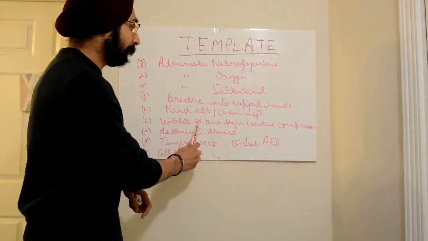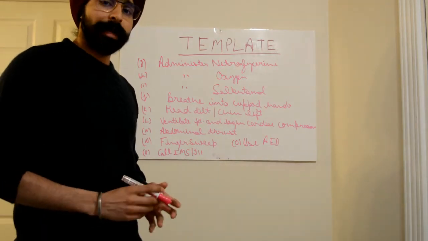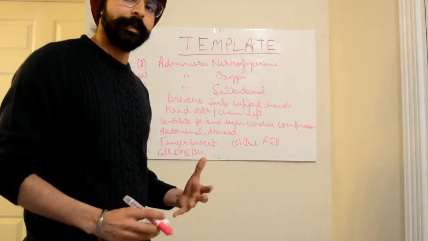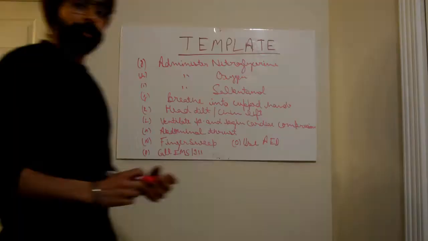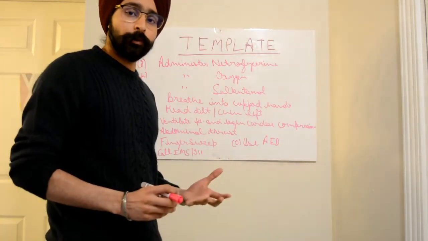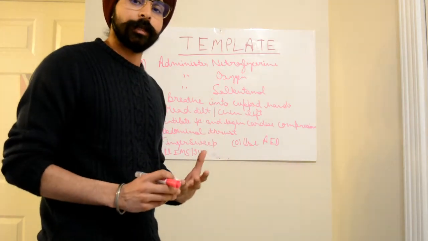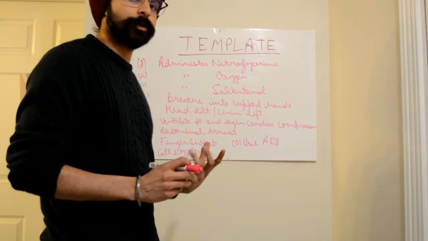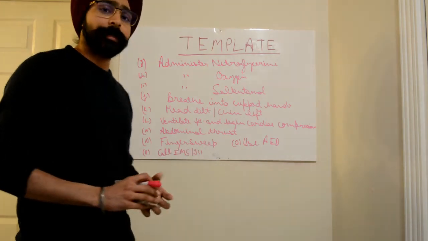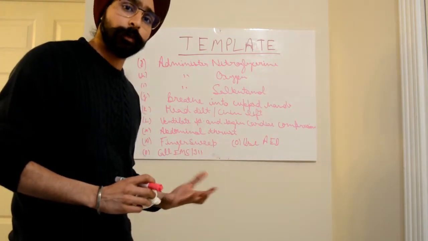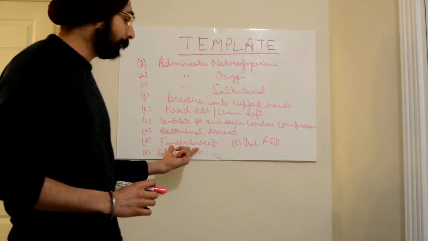Then is ventilate patient and begin cardiac compression. For example, if a patient comes to you and he has cardiac arrest, you might need to give him CPR. Then you will choose ventilate patient and begin cardiac compressions. Next is abdominal thrust or Heimlich maneuver. Guys, you have to choose this option if a patient has obstruction in his airway because something is not letting that patient breathe properly. Then is finger sweep. For example, if a patient has something stuck into his throat and you can see that thing, so you can use your finger to bring it out, then you will choose finger sweep.